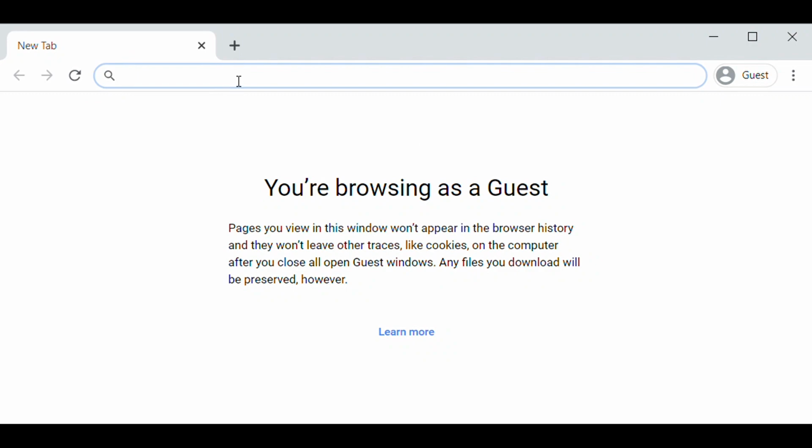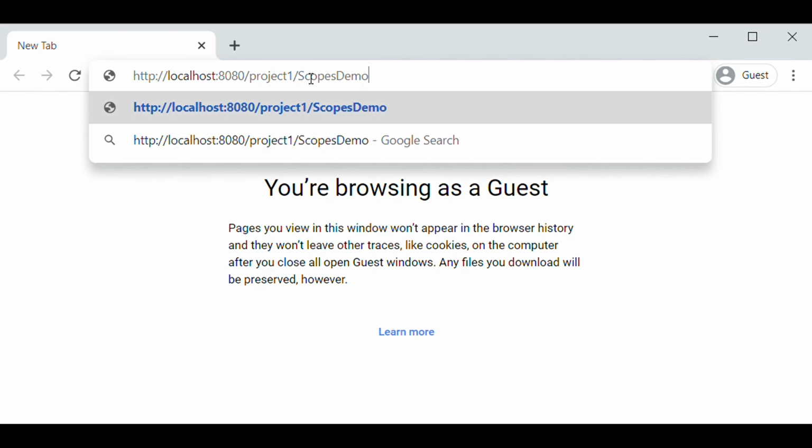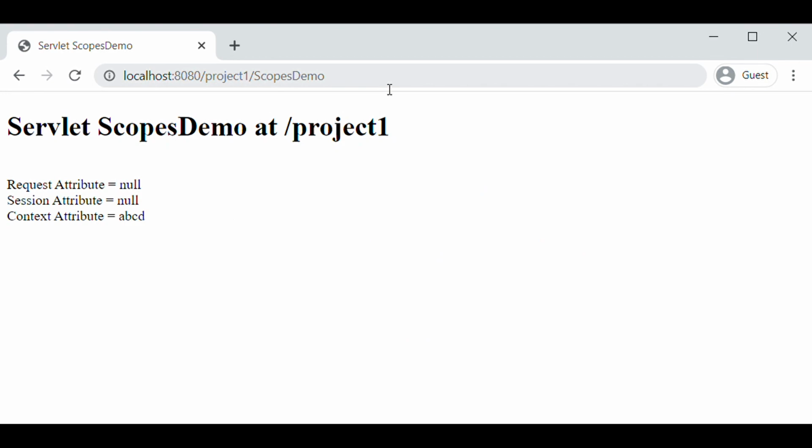So now this is Google Chrome, and I will be pasting the same URL. We are sending a request to ScopesDemo from Google Chrome, and now we can see that the session attribute value is also null. This is because the session that had the sAttribute set to ABCD is the session which we were running on Firefox.